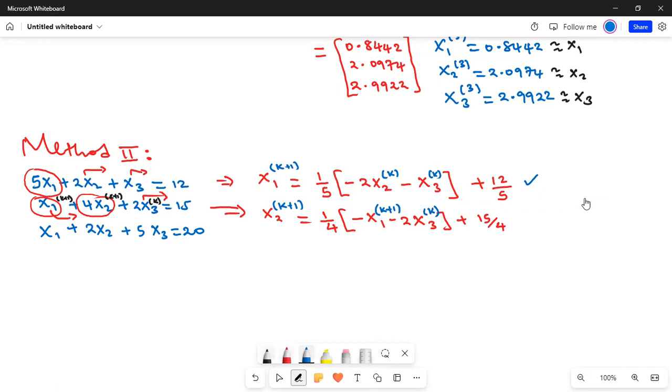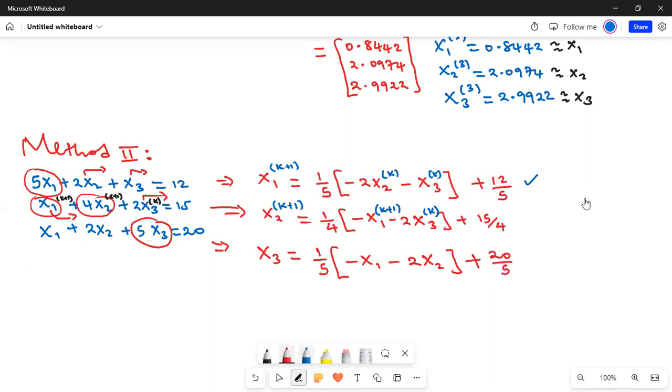And finally, equation 3, you now make x3 the subject, and now everything will be level k plus 1. So x3 is equals to 1 over 5 negative x1 minus 2x2 plus 20 over 5,